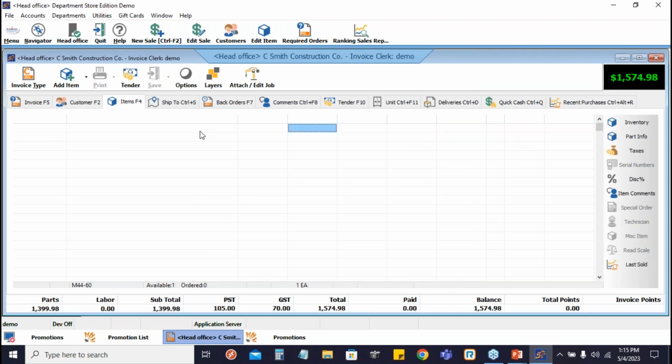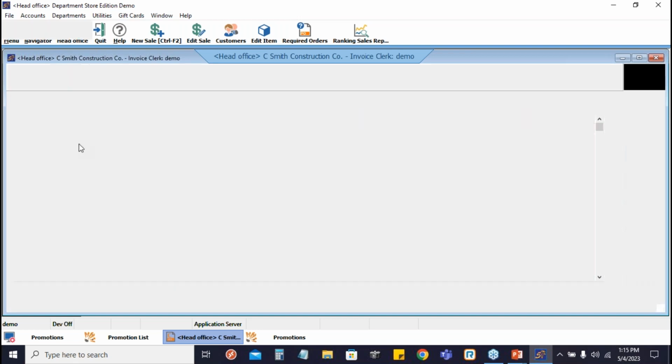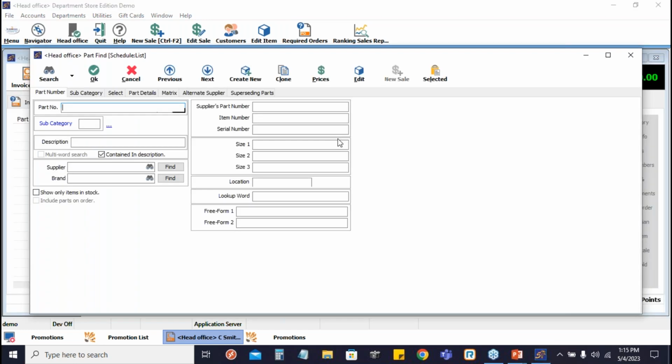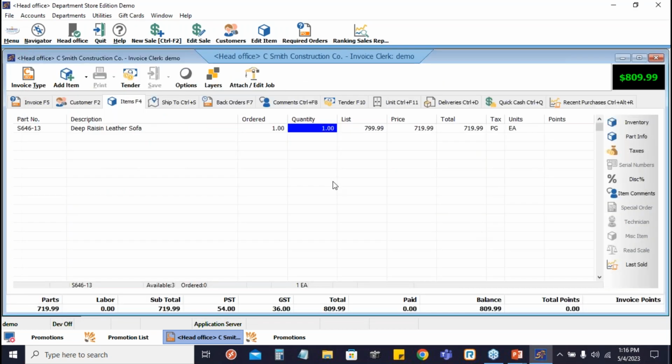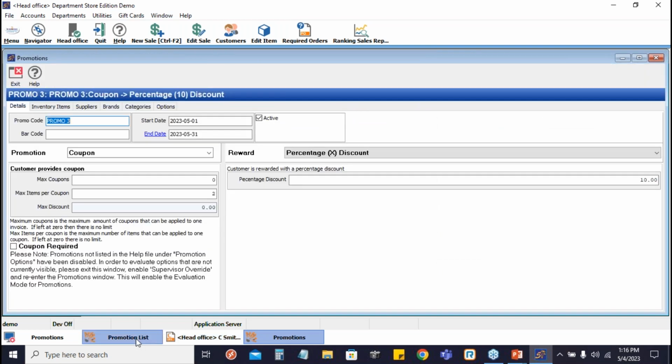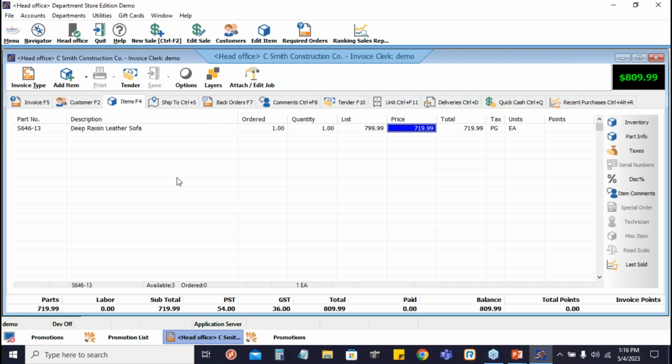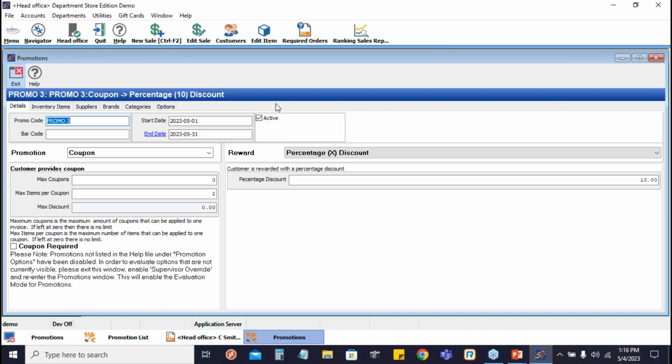For example, this one. Okay, now this is the discounted price. So this is the percentage discount, 10% of the list price. All right, and let's move on to the next reward rule,